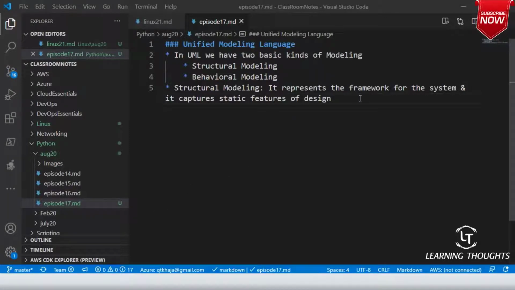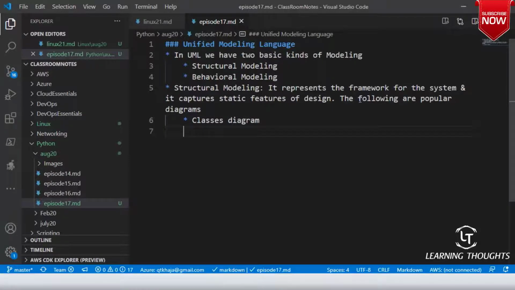Fine, guys. So what are the different diagrams that fall under this category? The following are popular diagrams. We'll not be learning all of them, but when time comes, I would recommend you learn them because this is beyond the scope of whatever we are discussing.